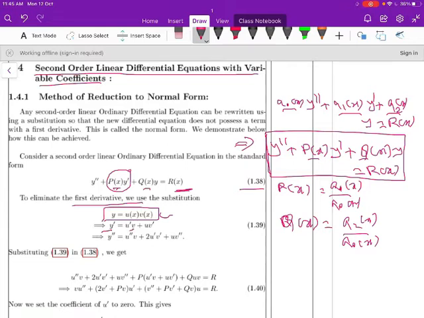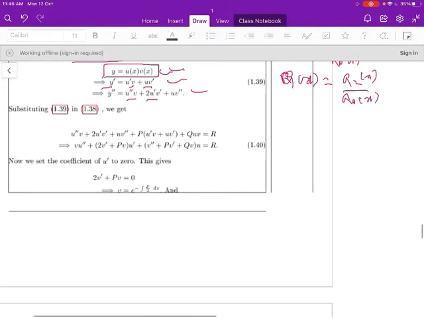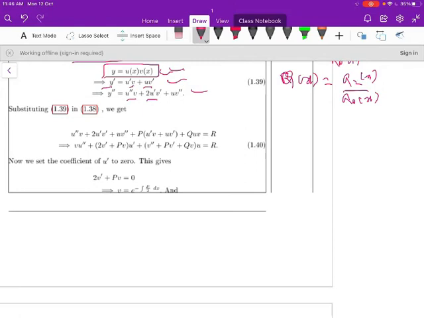Now we have y dash, differentiate: u dash into second function v plus first function into derivative of second function, that is v dash. Again differentiate: y double dash is equal to u double dash into v plus 2 into u dash v dash plus u into v double dash. Substituting y dash and y double dash in equation 1.38, we get